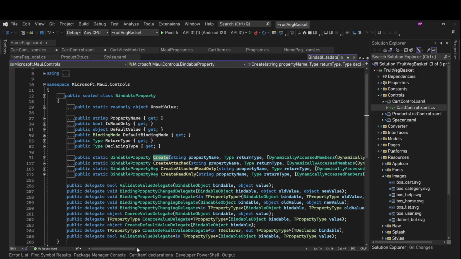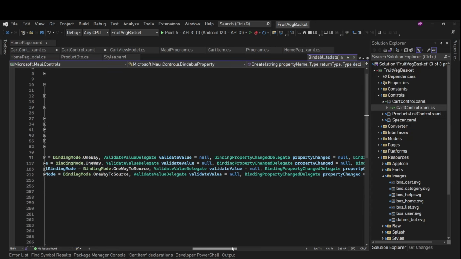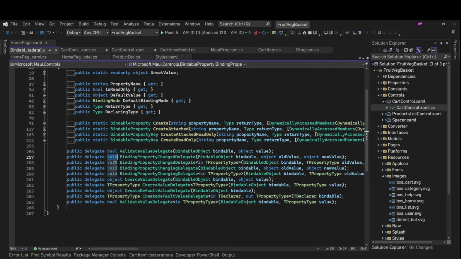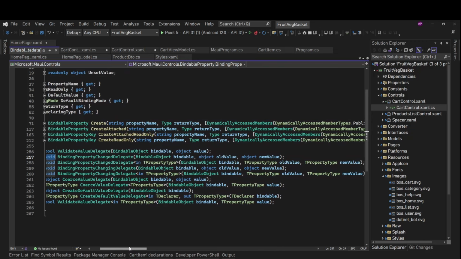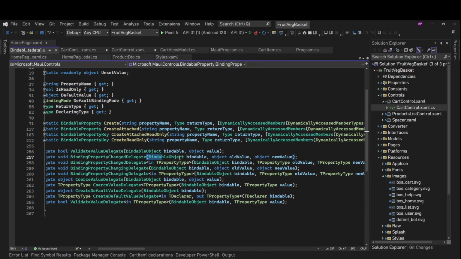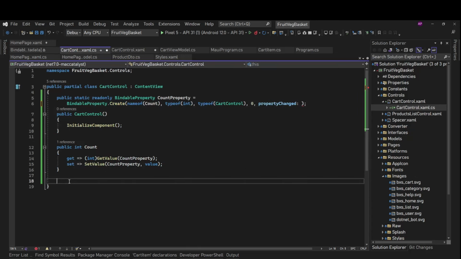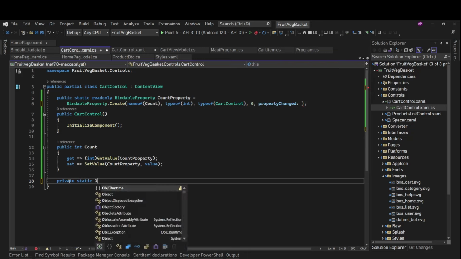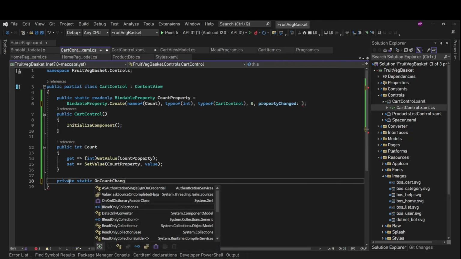Let's go to its definition. Property changed, this delegate returns void but has these parameters. So let's go here and let's create a private static, let's say on count changed,